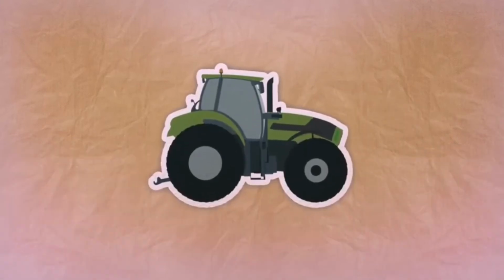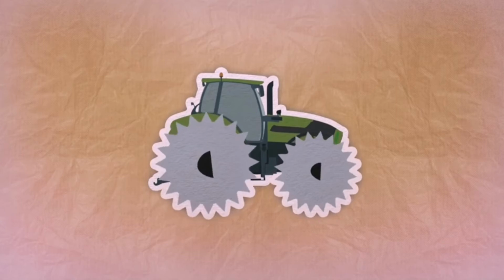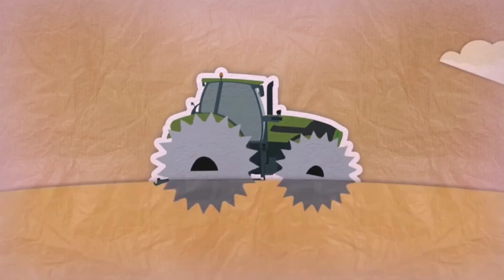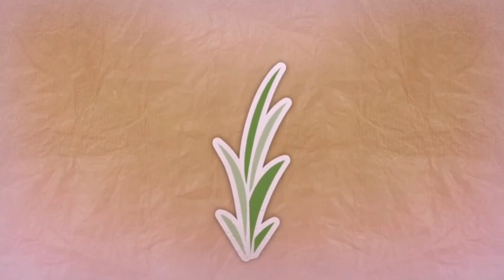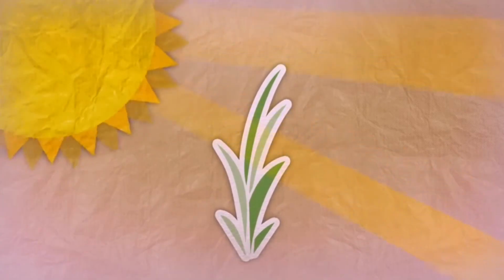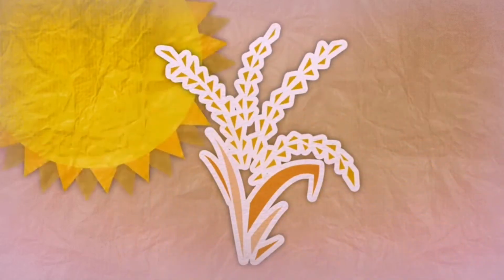At this point, to plant the seeds and spread the fertilizer, which the little plants need for nourishment, special narrow wheels are attached to the tractors. These wheels cut through the layer of mud and rest on the hard ground underneath, which has been compacted during the plowing phase. Then we wait for the sprouted plants to grow with the sunlight and air, so that they